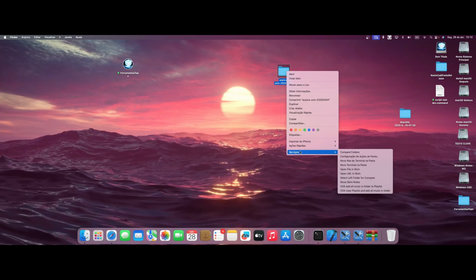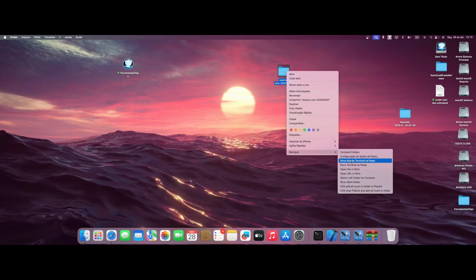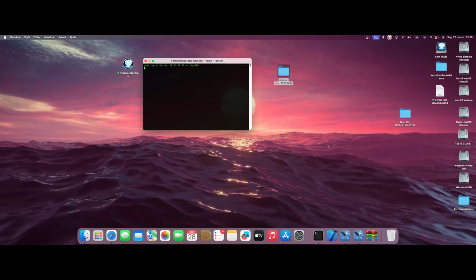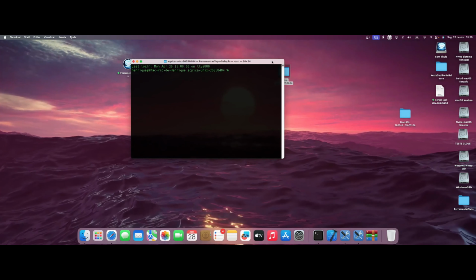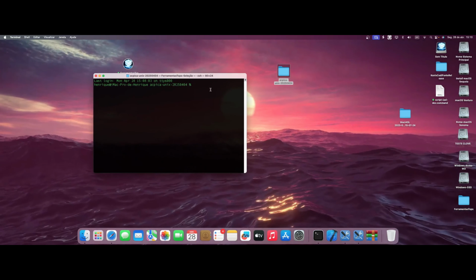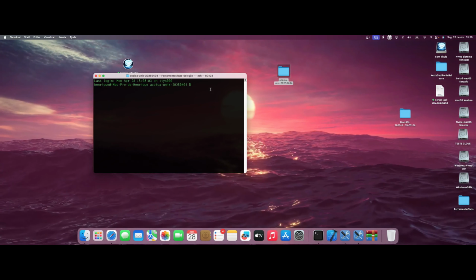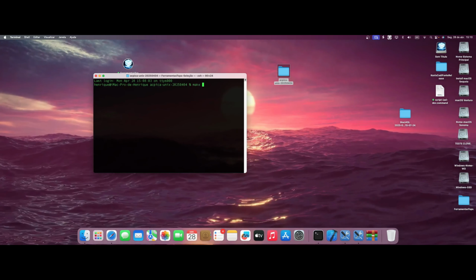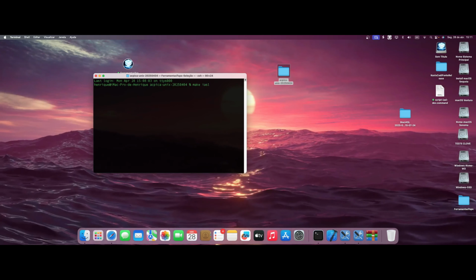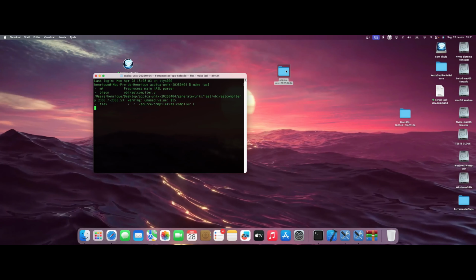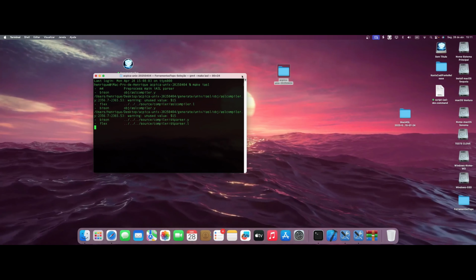Right-click Services. You can open a tab in the terminal in the folder. You can open a new tab there. You can put there, make ESL. So it can generate the file for us.